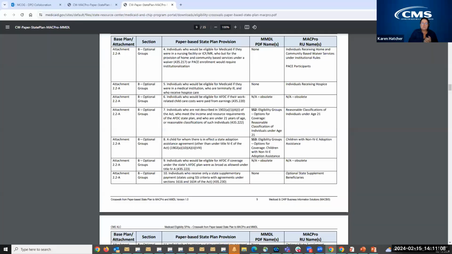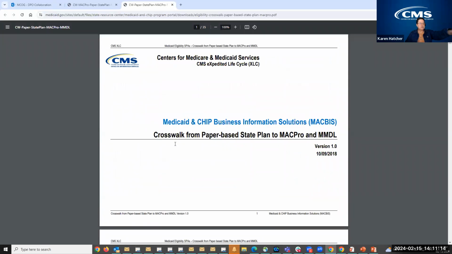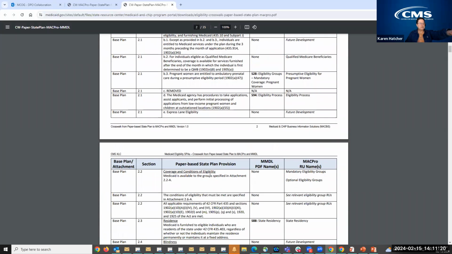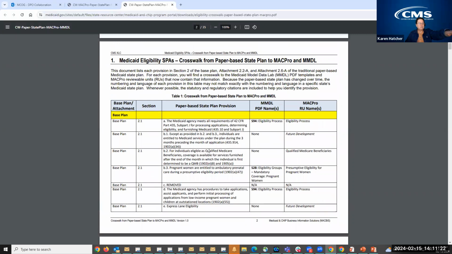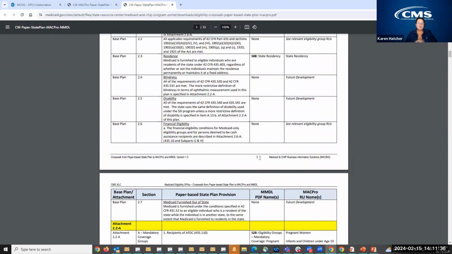As you remember, while Ford's pulling that up, you can see that it has the attachment listed on the page. It has the paper-based section of the state plan listed. It also has the MMDL section and the MacPro section. What CMS is doing for our version of the state plans, and we're undertaking this project now, is we are looking for the RU that was approved in the state plan.